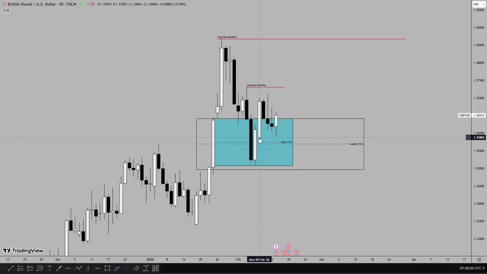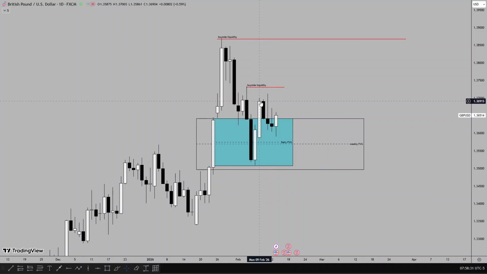On Monday, price traded higher from the opening price, trading through this daily fair value gap. If you look at this candle, look at the gap from this candle's high to this candle's low. There's a fair value gap, which you can see price traded through. The reason I didn't mark out the fair value gap is that I want the chart to be a little bit free so that I can use it in explaining.